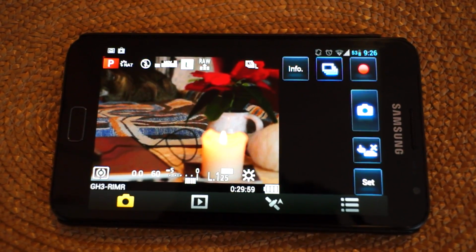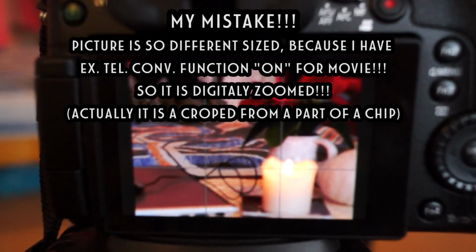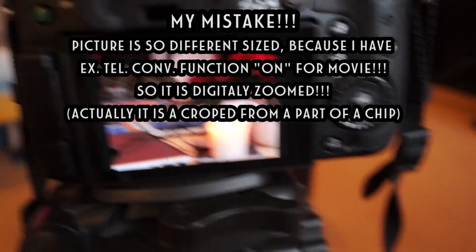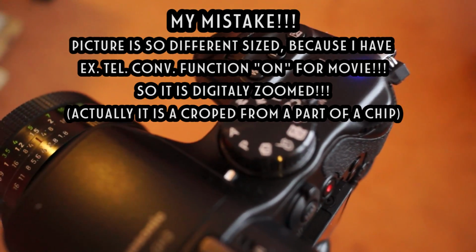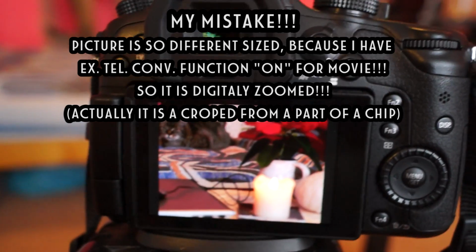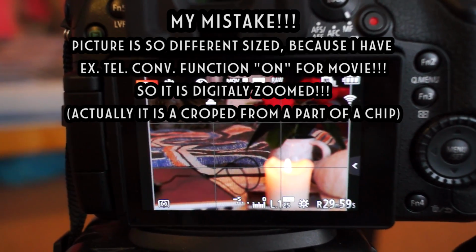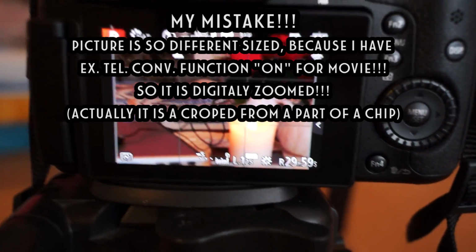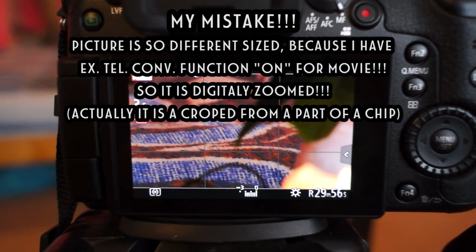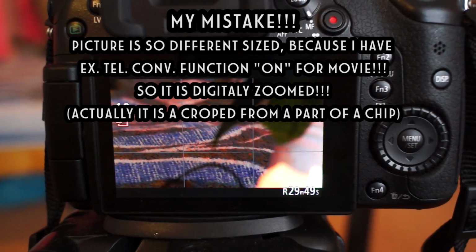One important thing: look at the composition, or at the picture, when the camera is set on P mode. If I now switch on movie recording on the camera, as you can see, a different part of the picture will be used. Yes, the image is cropped to a different